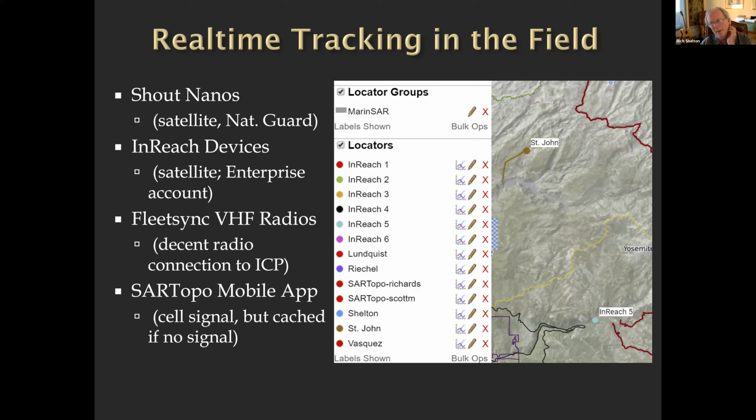With respect to real-time tracking, I just wanted to touch on this briefly. Nevada County is kind of a leader in that anyway, so this won't be new to you. But there are these 4 different ways really to do real-time tracking in SARTopo, and I just want to make sure for those that aren't aware that when we bring in National Guard with Shout Nano devices, which are essentially the military version of inReaches, they will come into any search you want them to come to, and they'll bring a full